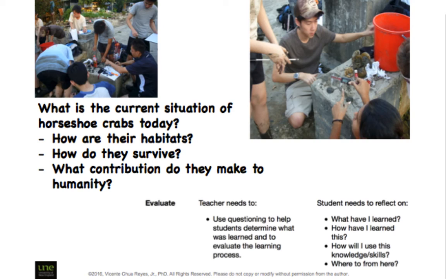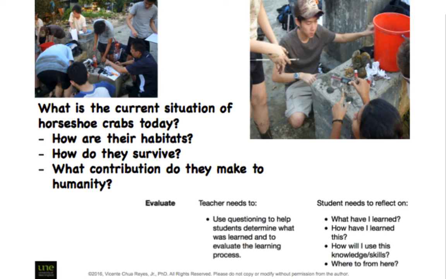So these are the students marking the crabs. We were also checking the gender of the crabs and measuring the sizes. We also checked the salinity of the coastal water. And some of the pre-service teachers would interview, as I said, the members of the community and find out what interactions they had with the horseshoe crabs. You might be surprised to hear that some of the folk who live around the area actually believe that horseshoe crabs have an aphrodisiac effect. I will let you think about what they would do to horseshoe crabs in order to gain those effects.